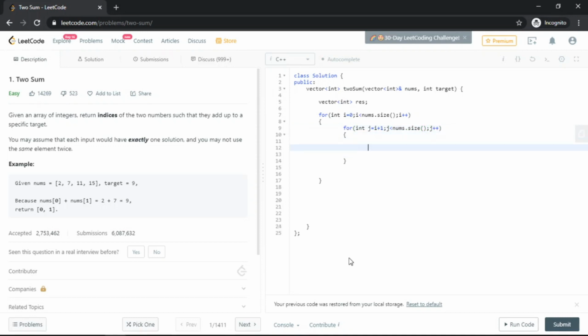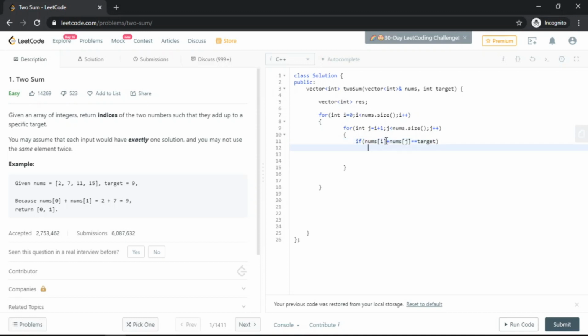We are also given a target, that is int target. So we'll be checking whether nums[i] plus nums[j] sums up to the target or not.